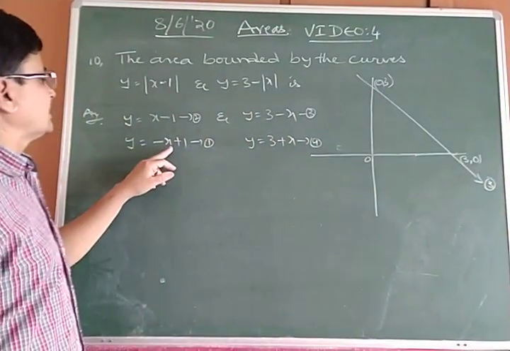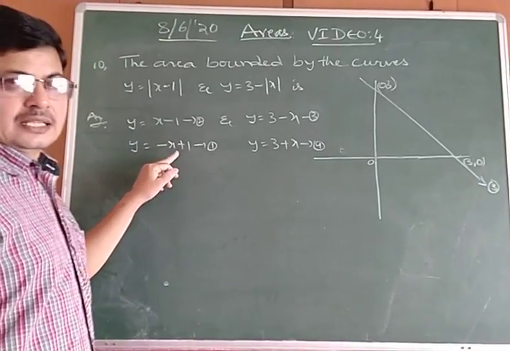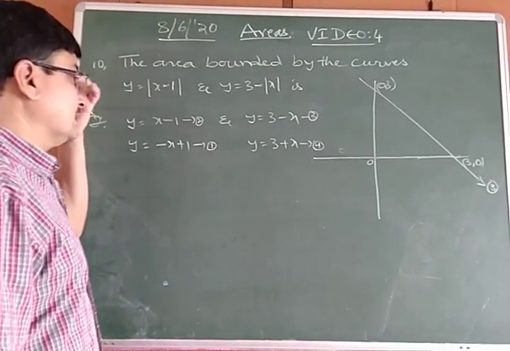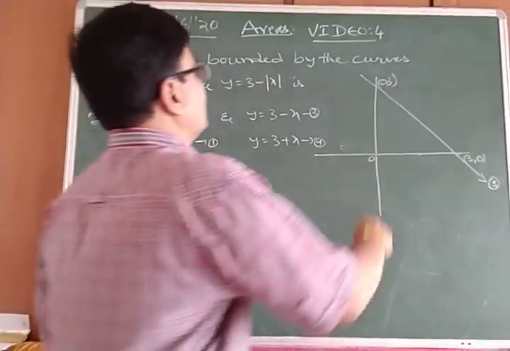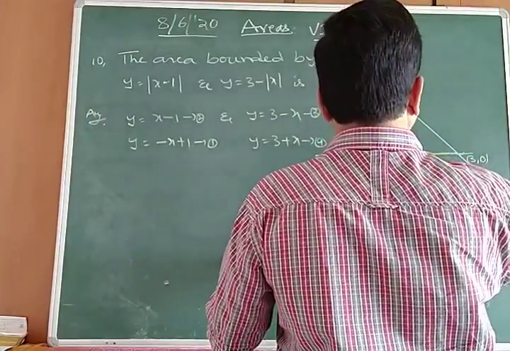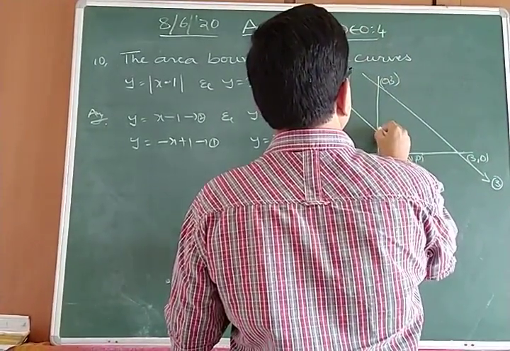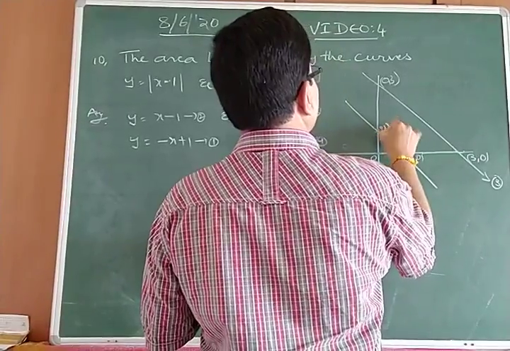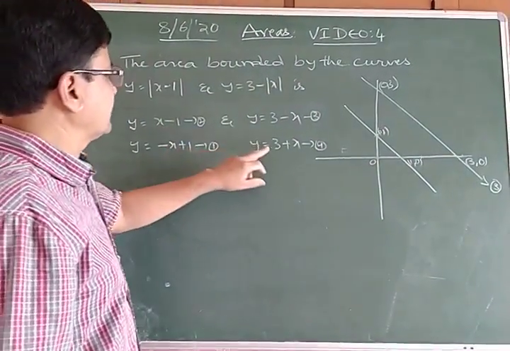And we take the first equation, that is x plus y is equal to 1. So here x intercept is 1 and y intercept is also 1. We take a straight line like this. This is 1 comma 0. This is 0 comma 1. And we take another straight line.